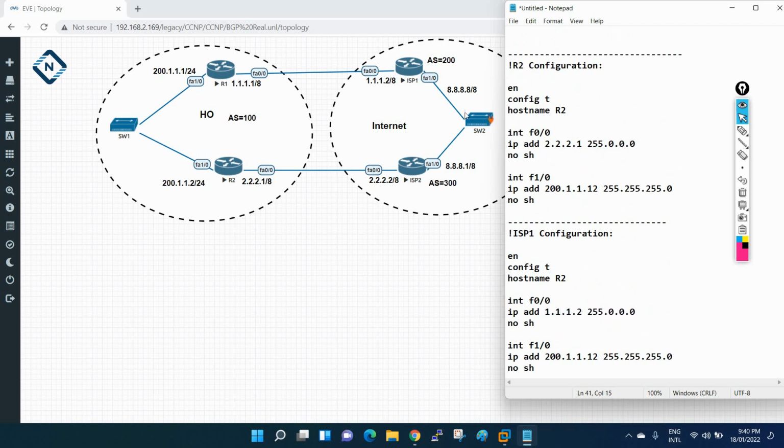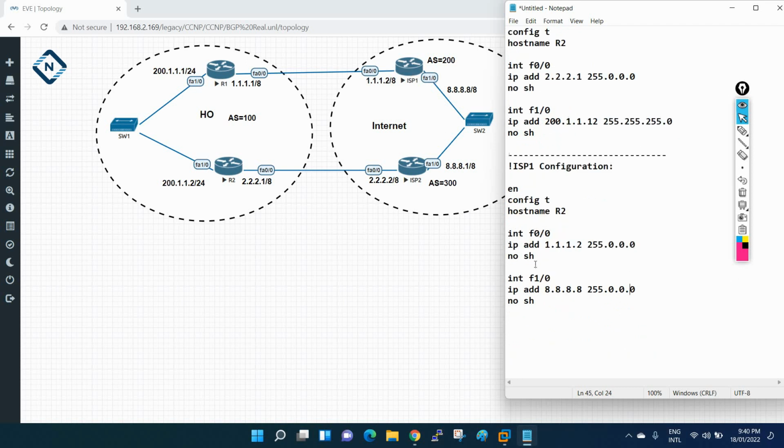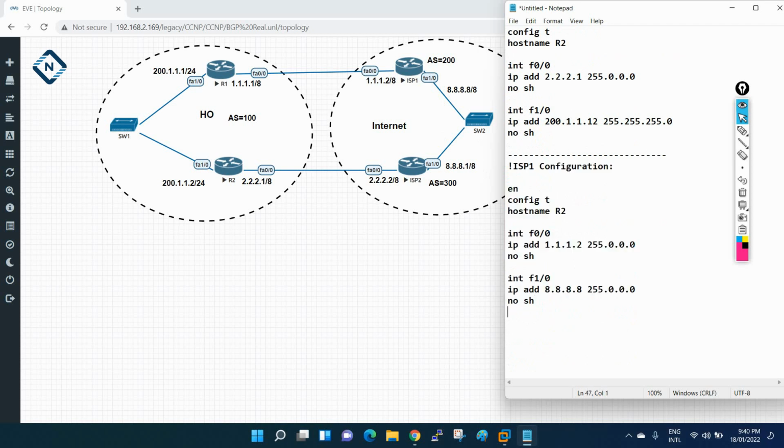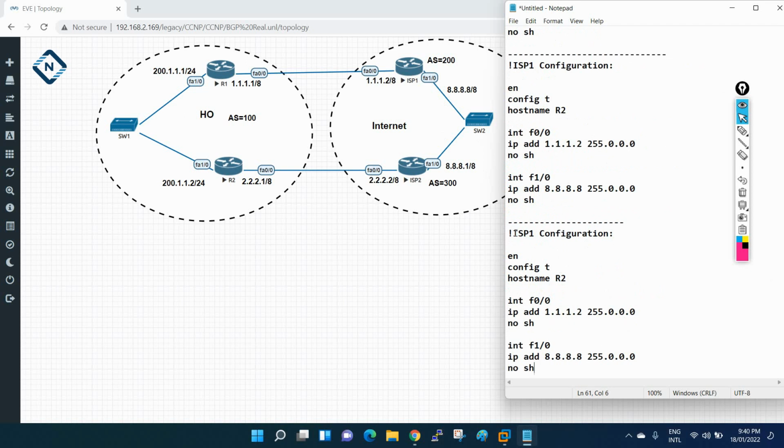Okay, and on the other side you have 8.8.8.8, so FastEthernet 1/0 will be 8.8.8.8, with 255.0.0.0. Okay, no shut. This is the ISP1 configuration, just a basic configuration. We are going to do more configuration. Now I am just assigning the IP. After that we are going to do the BGP configuration.